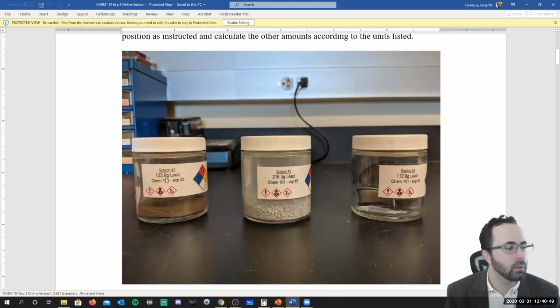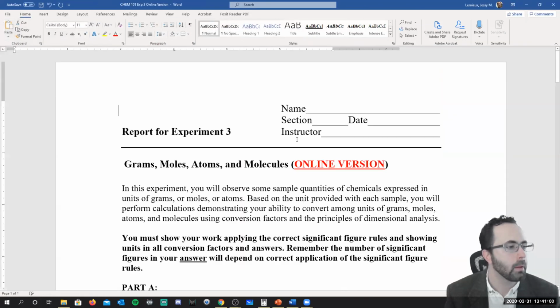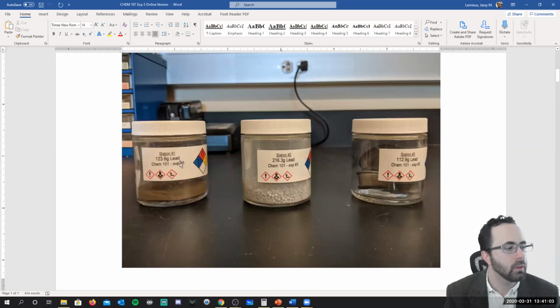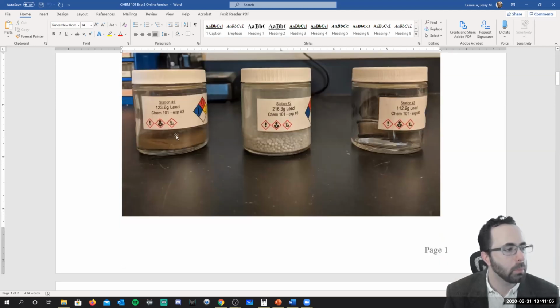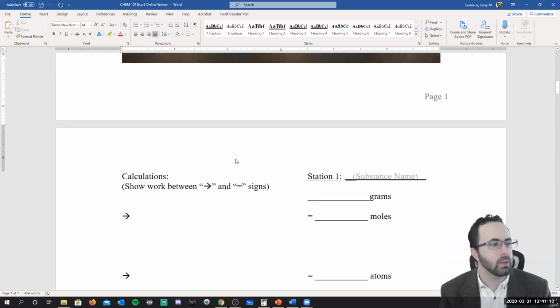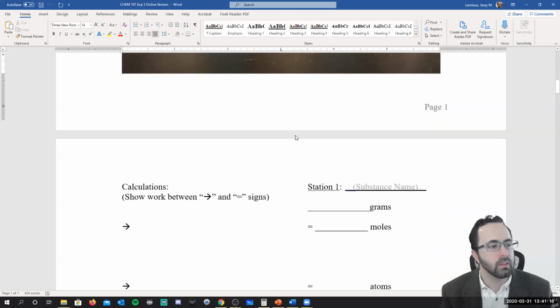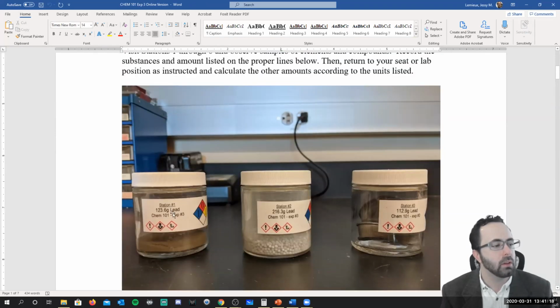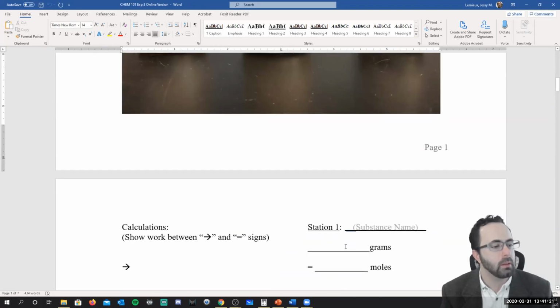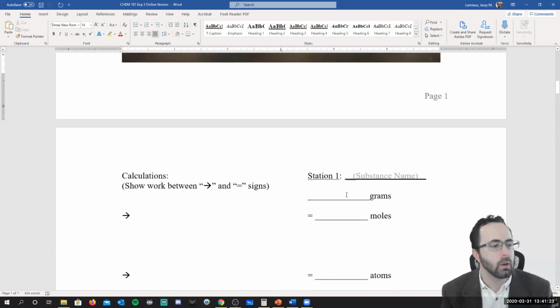So we have 123.6 grams of lead, and we have 216.3 grams of lead here, and 112.9 grams of lead at station 3. Okay. And so what I'll do is I'll look at the number of grams. So this is to give you a picture of what 123.6 grams of lead looks like. I'd like to do station 2 real quick, just to point something out. So what I do essentially is I copy these masses in. So I have 123.6 grams for station 1. And so the substance name is